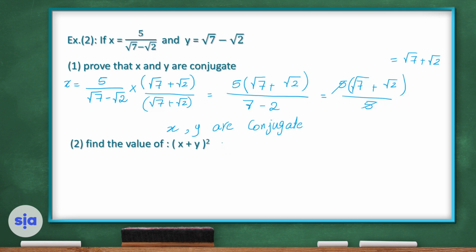Requirement number 2, to find the value of x plus y all squared. How can we find the sum squared? So x plus y all squared equals, what is the sum? Yes, excellent. Here is x, root 7 plus root 2, as we got it from here, plus root 7 minus root 2, all squared. As we said before, the sum of the two conjugate numbers is 2 square root